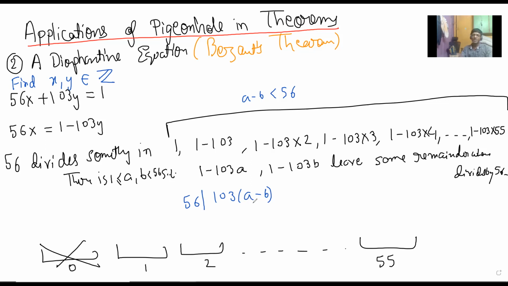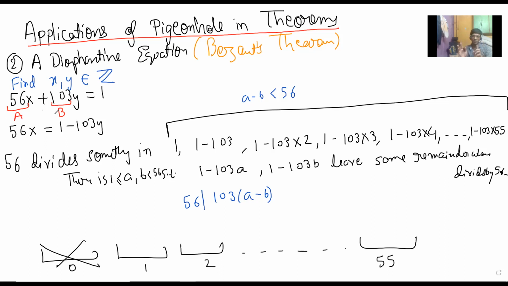Yes, so it is not possible. But you also need to say that because 56 has nothing to do in terms of factors with 103. That is the thing, because 56 and 103 are co-prime. That is the key. So there is a bad notation here, but I'm just saying that this 56 and 103 can be replaced by any two numbers which are co-prime.